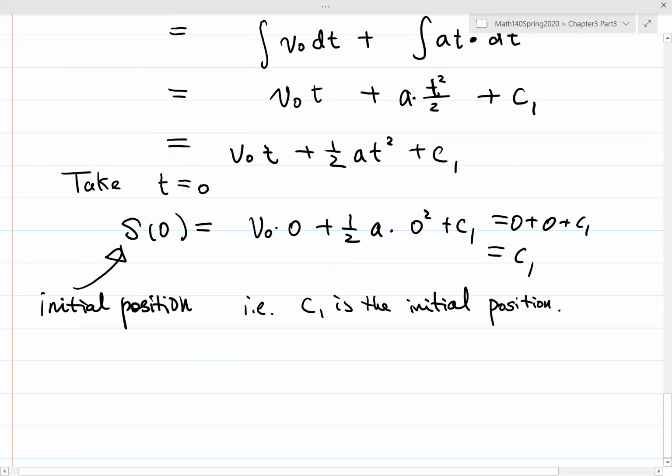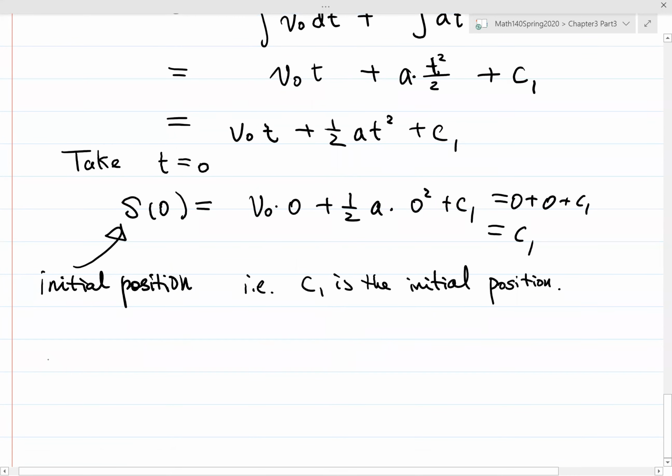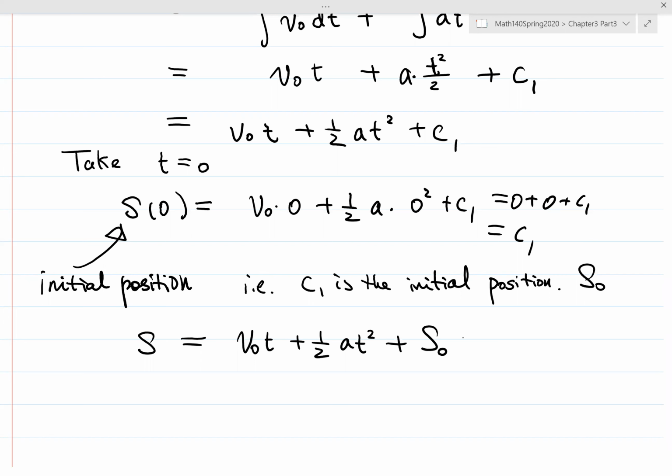Okay, so we can write down, this is C1 initial, suppose this is S0. So S equals V0t plus 1/2 at squared plus S0. Now, if we set the initial position S0 to be 0, we